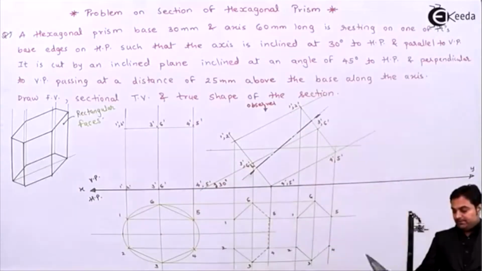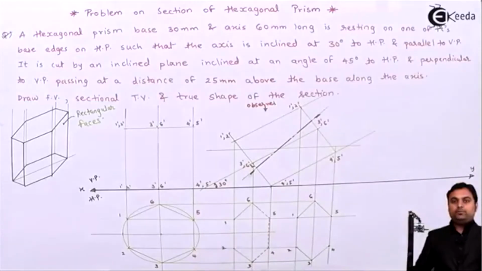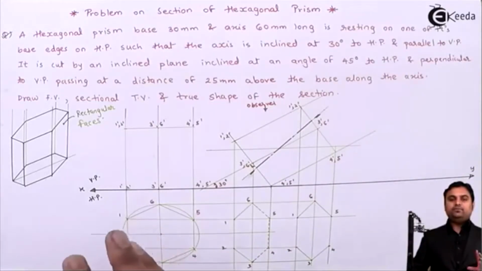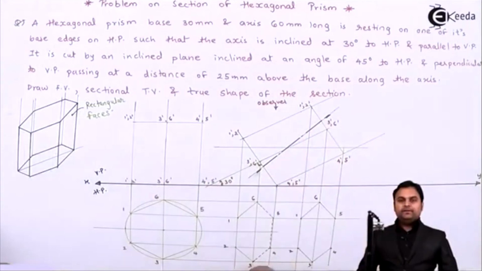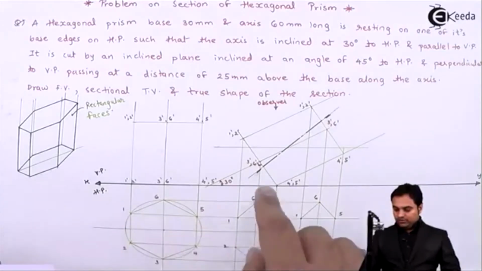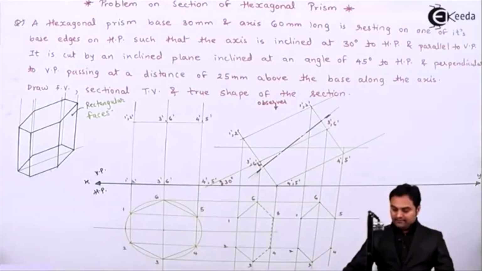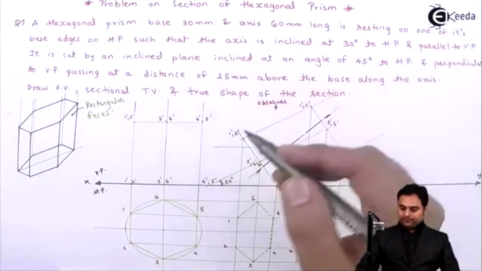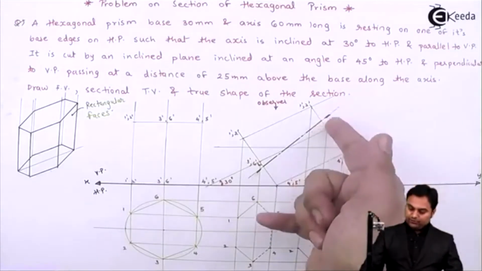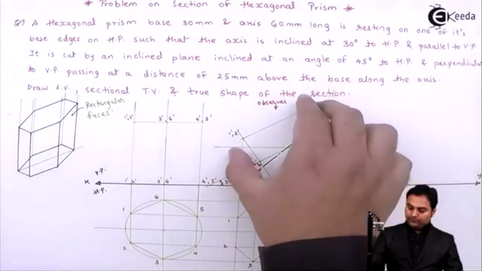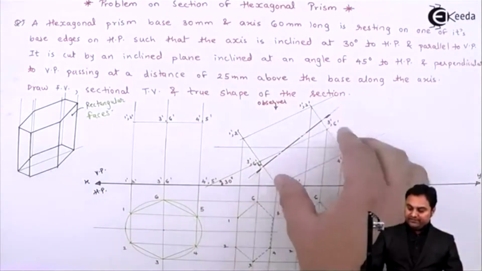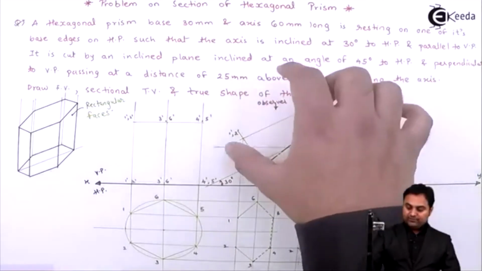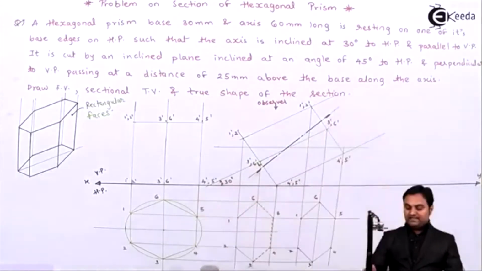So this is the cutting plane, and as the observer is at the top, when we are cutting this, we have to retain some portion and remove some portion. So now, after I have located the cutting plane, next I'll start making the lines dark here. The first thing is, as an observer at the top, when the cutting plane cuts this hexagonal prism, I am going to remove the top portion because then only I will be able to see the cut section. Otherwise, if I cut it and remove the bottom portion, then no section would be visible to me. That is, this prism will appear as it is.